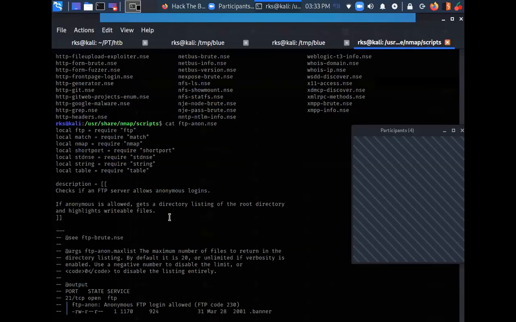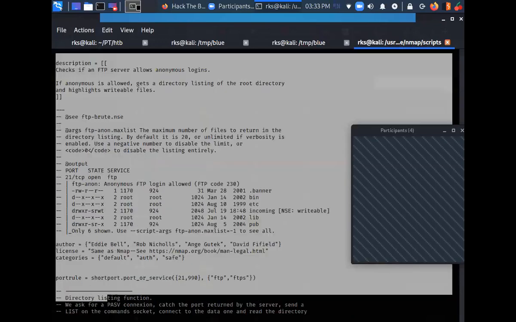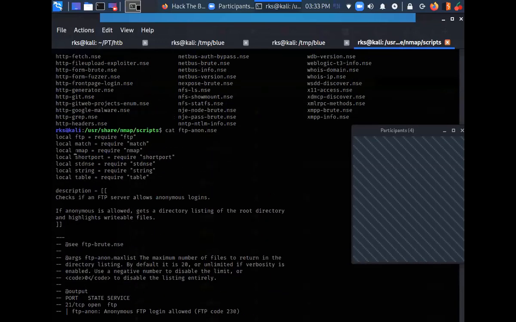So first thing, what is this language which is being used here? Can anyone tell me? Nmap NSE scripts are written in which language? Java?